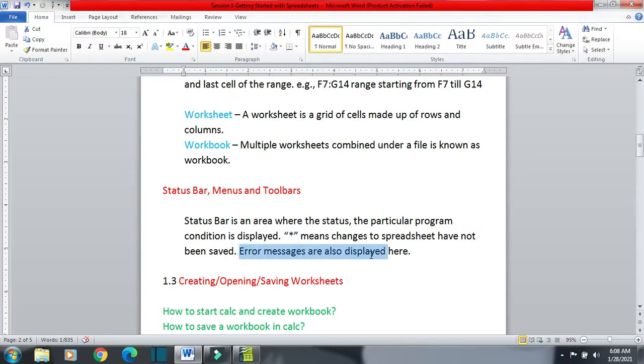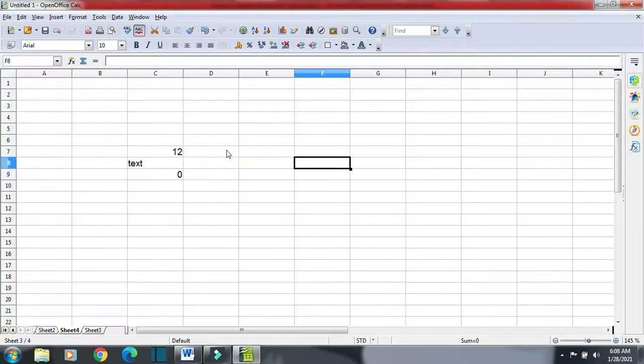Error messages are also displayed here. For example, suppose I write here equal to B2 plus C2. Okay, so I get a message 0, no error message. But suppose A1 has a text value and B1 has a number value, and if I write equal to A1 plus B1, I will get an error message.